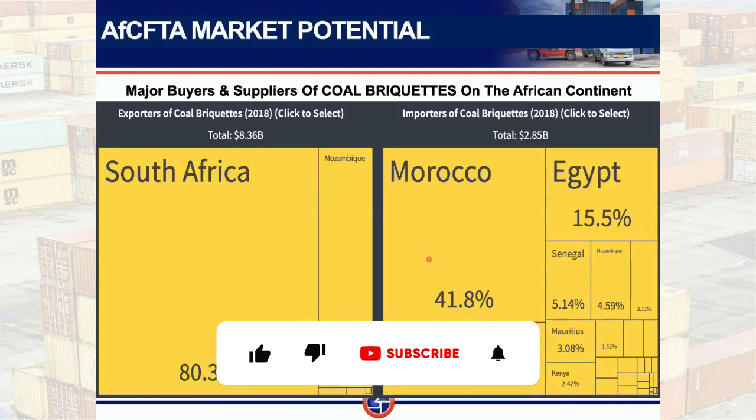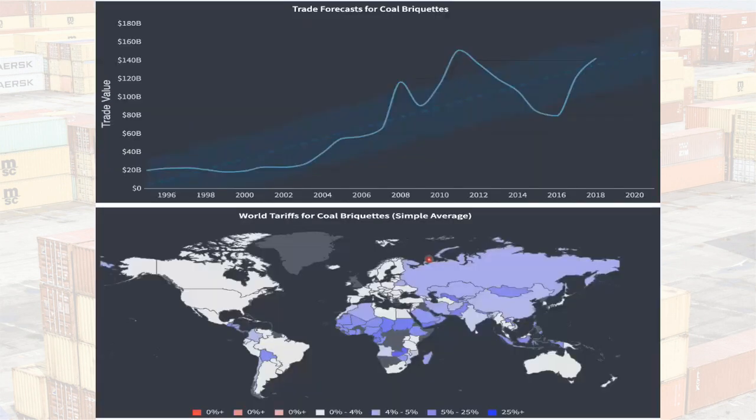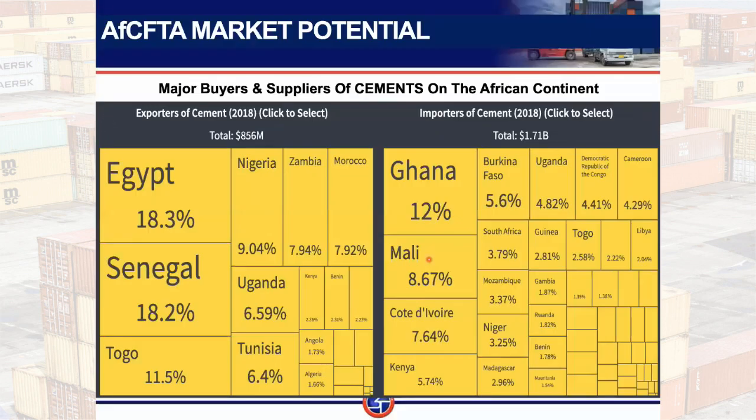And that's what is about to happen under AFCFTA. And they cannot afford it. Why? This is where the market is, because we are basically consumers. And you will see the trend line of the usage of this particular product. You see the trend line is growing, is growing, is growing. And then